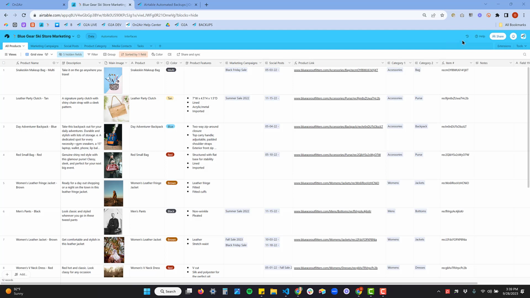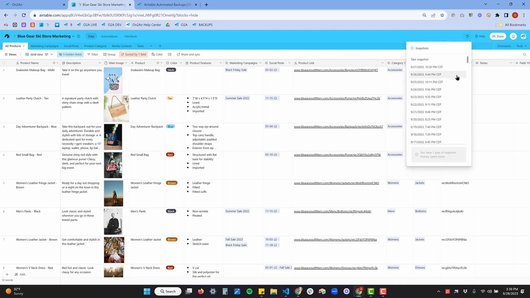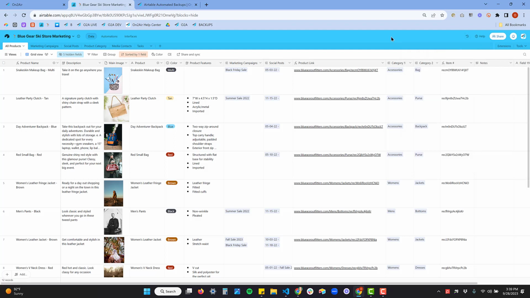Airtable takes occasional snapshots depending on how often you use your base. There's not a specific timeline of when they take them, but they do take snapshots on a regular basis depending on how often the base is used. So a snapshot just essentially pulls an older version of your base and makes a duplicate of it in your workspace. So the way that you get to a snapshot is you can open your base, go up here to